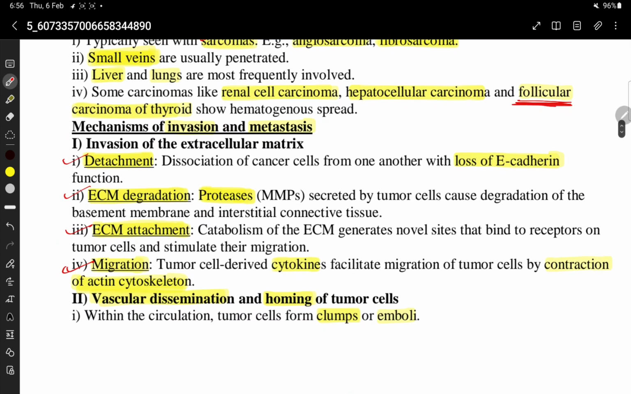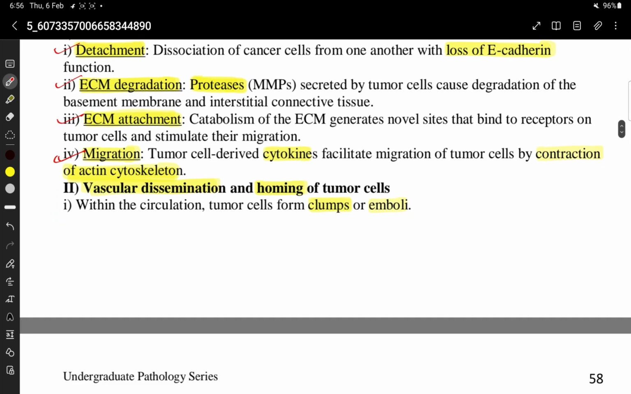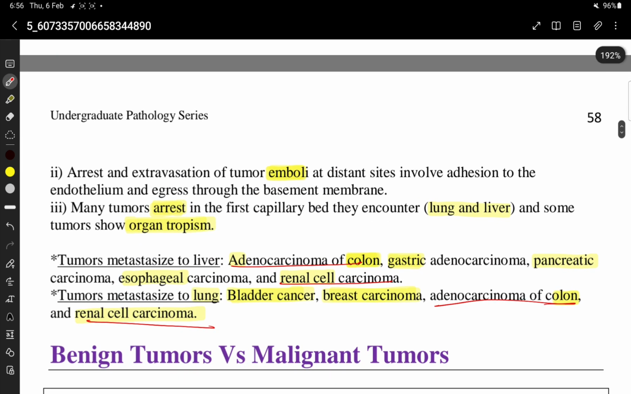follicular carcinoma of thyroid. Mechanism of invasion and metastasis: invasion of the extracellular matrix involves detachment due to the loss of E-cadherin function, ECM degradation because of proteases, then ECM attachment and migration because of the tumor cell derived cytokines. Then vascular dissemination and homing of the tumor cells. Within the circulation, the tumor cells form clumps and emboli. The emboli are arrested and extravasated. Then many tumor cells arrest in the first capillary bed they encounter, that is lung or liver, and some